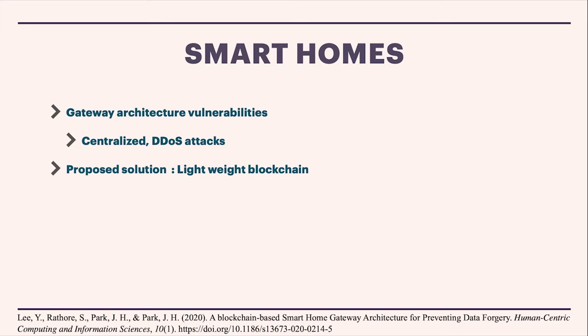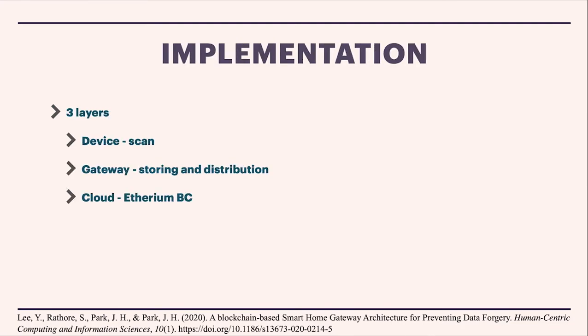So a proposed solution given in the paper below is what's called a lightweight blockchain. Lightweight blockchains are scaled back implementations of blockchains because they're on a private network, so you don't need a robust proof of work. This implementation has 3 layers. The bottom layer is the device layer, which has the IoTs that generally scan for user data. And then you have the gateway, which acts as the middleman between the device and the cloud layer. The gateway sends the data and the device ID to the cloud, while the gateway also sends data back to the users. The cloud hosts an Ethereum blockchain.